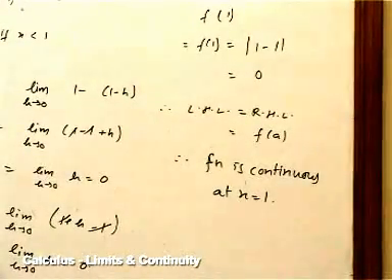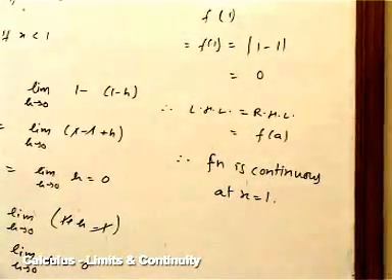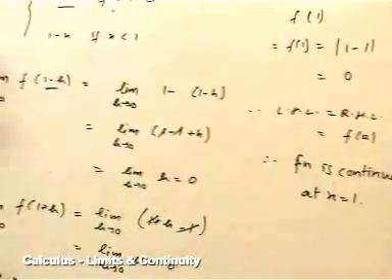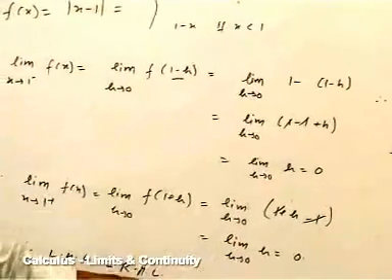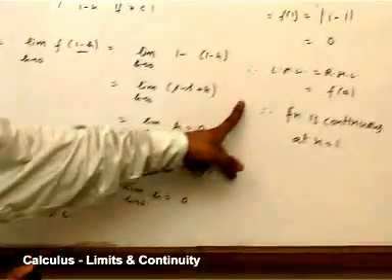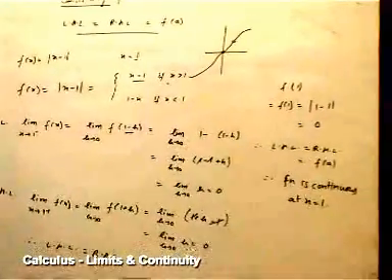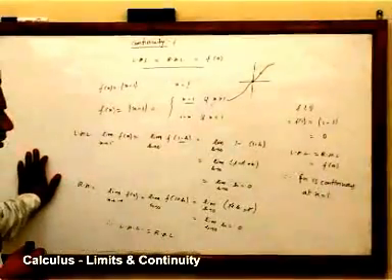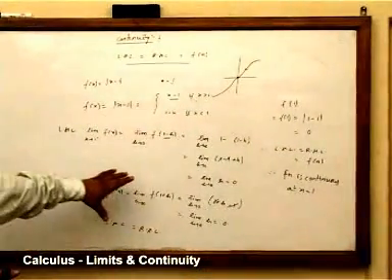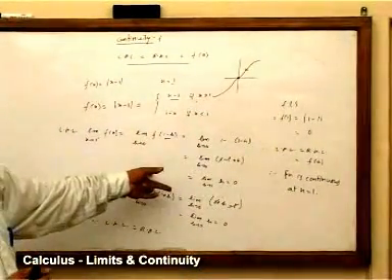So this is the way to prove the continuity of a function at any point. We take less than value, we take more than value, and we take the value itself in the function. We calculate all the limits. If they are found to be equal, we say that this function is continuous at the given point. Otherwise, if one of the values is different, we say the function is not continuous at the point.